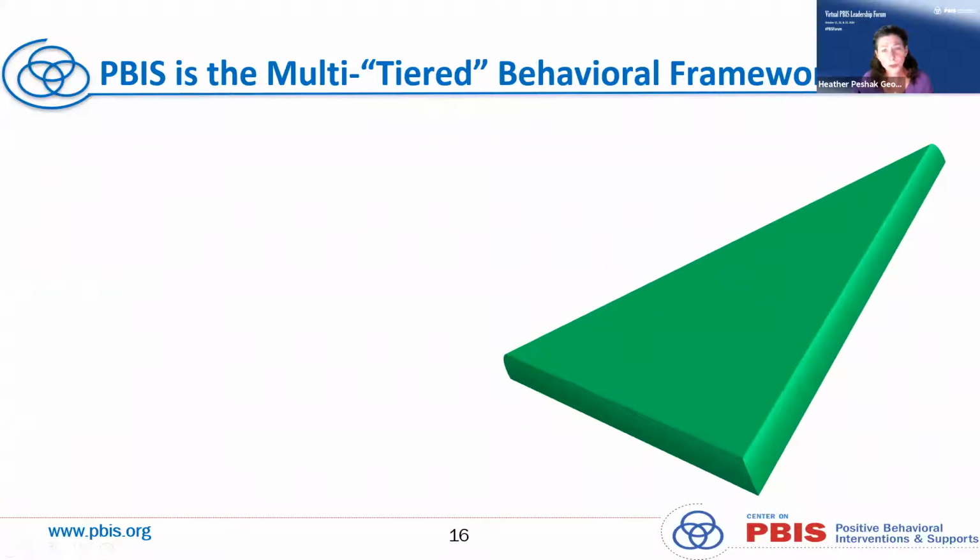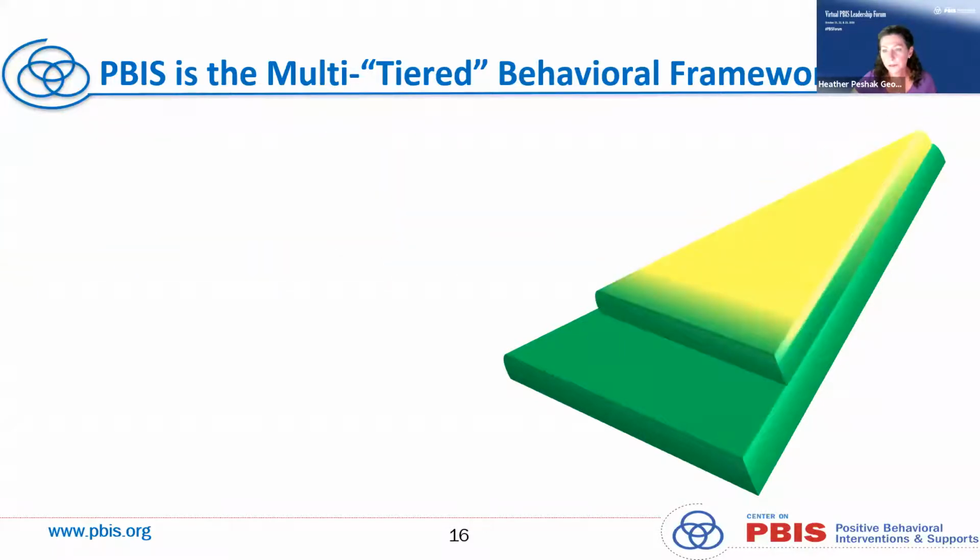And when we talk about a multi-tiered approach, we're looking at tier 1, tier 2, tier 3. I'm sure you guys have heard about that before. But tier 1, when we're looking at it, it's meaning everybody. This is the foundation across the board. And the foundation is what everybody's accessing. So it's not just all students, it's all the adults too. It's all the family members.